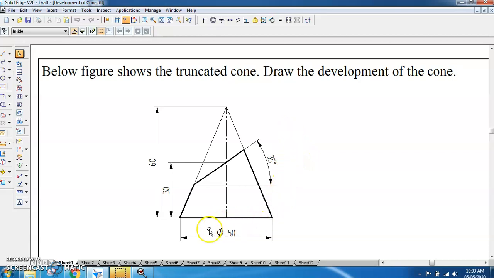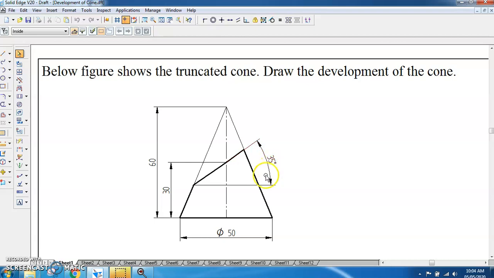So here if you see this dimension, diameter of 50, it shows that it is the base diameter of the cone. So base diameter is 50 mm. And then further if you see this line, this is the axis line having length of 60. So axis length is 60, and then you have got the cutting plane here which is at an angle of 35